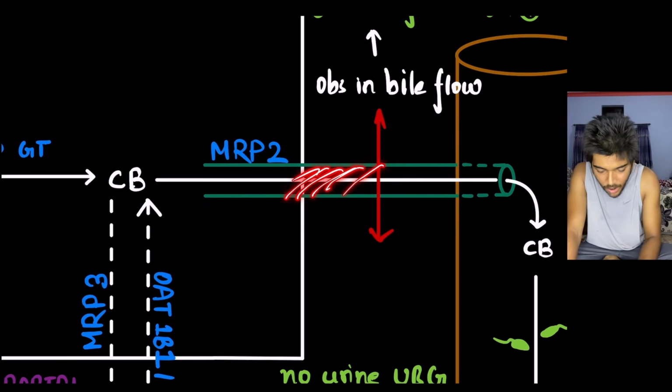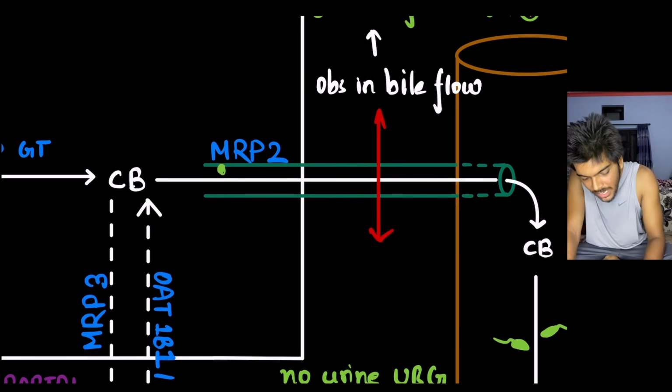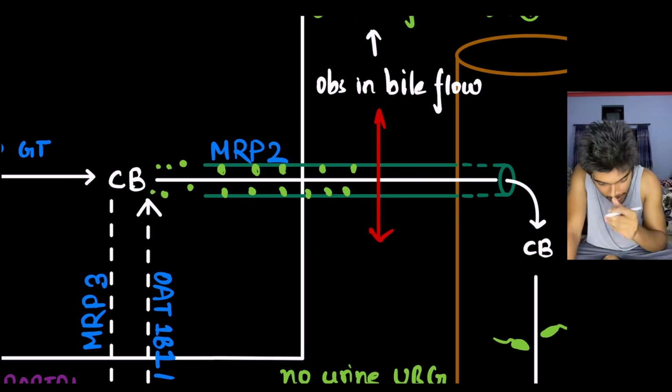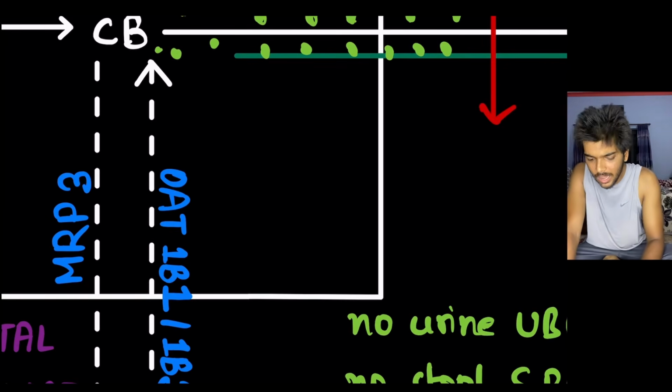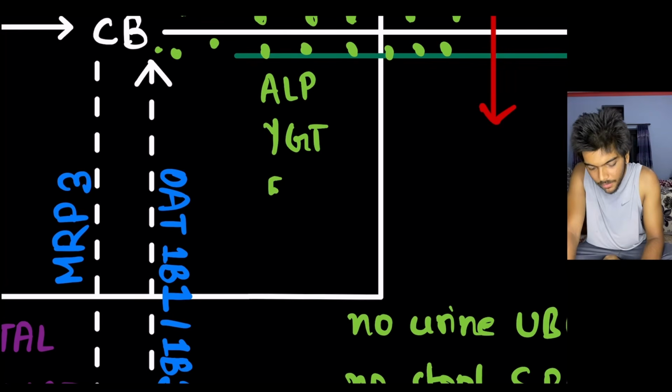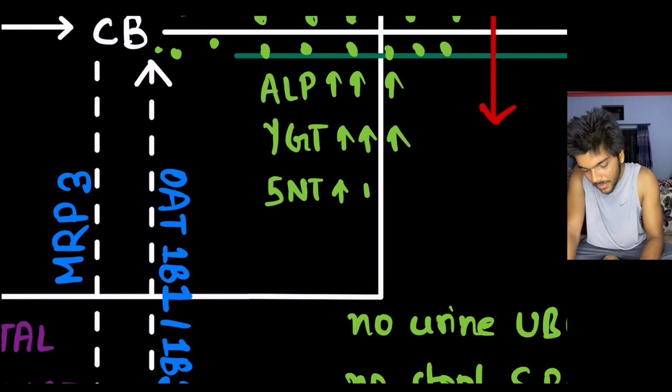So this bile accumulated here is going to act on these enzymes present on the wall or within the lumen. They are going to act, and then they are gonna break it off the wall, and it's gonna enter the cell and then into the blood circulation, resulting in increase in their level. What are they? They are the ALP, alkaline phosphatase, gamma GT, and 5-NT. So there is increase in their level,